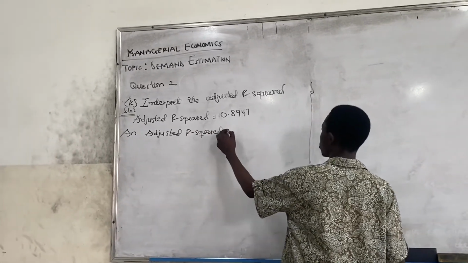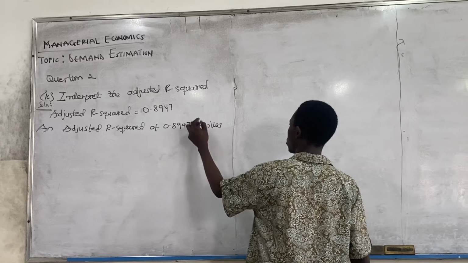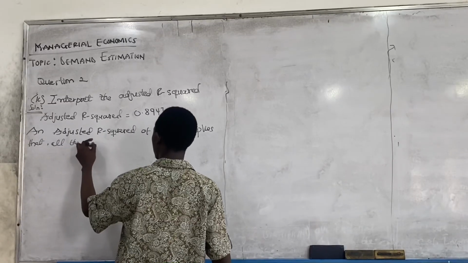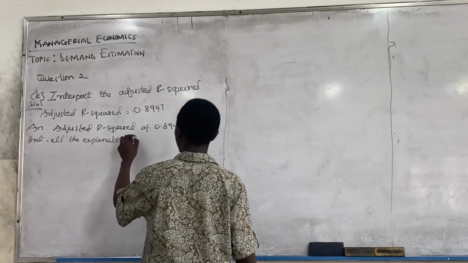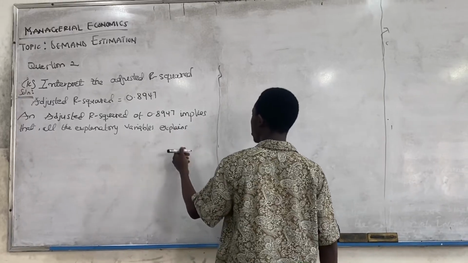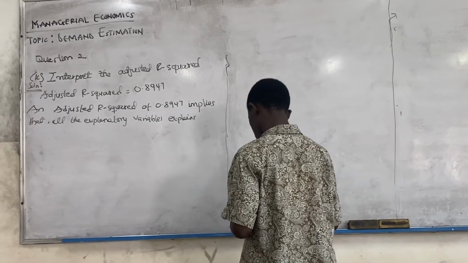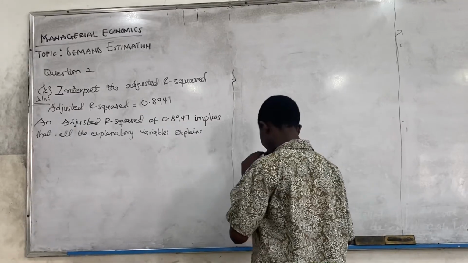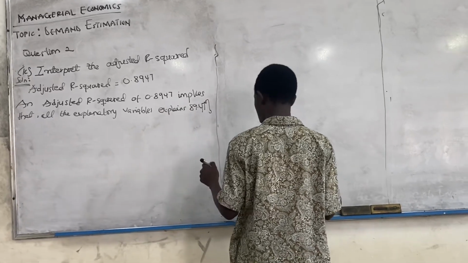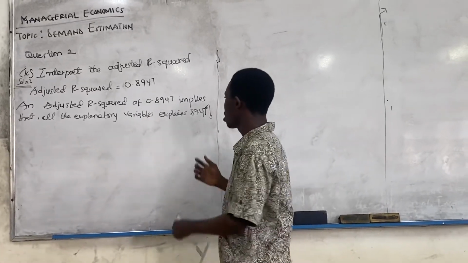An adjusted R square of 0.8947 implies that all the explanatory variables explain 89.47%